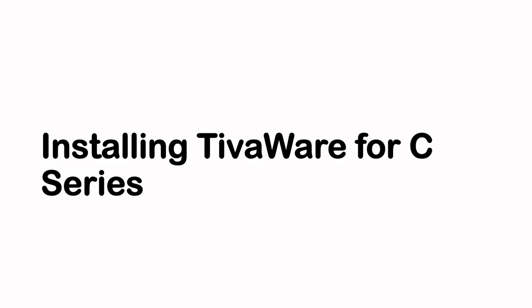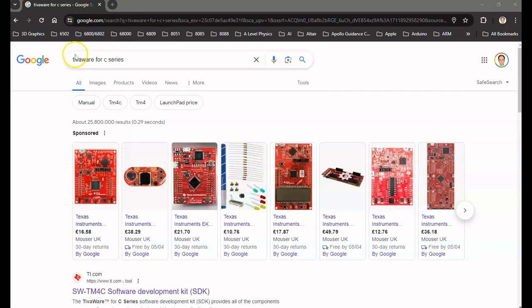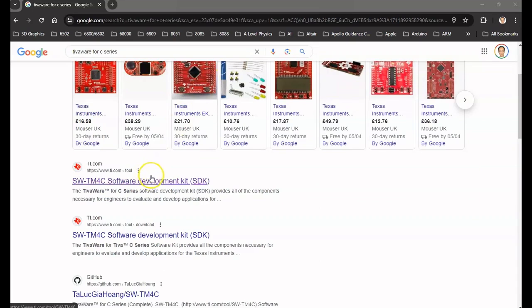Installing TivaWare for C series. Now, to download TivaWare for C series, type this into Google, and you will see this link here. Now, this is a SW-TM4C Software Development Kit SDK. So click on this link,